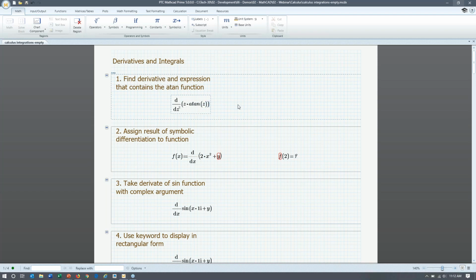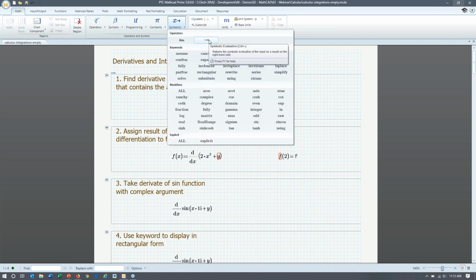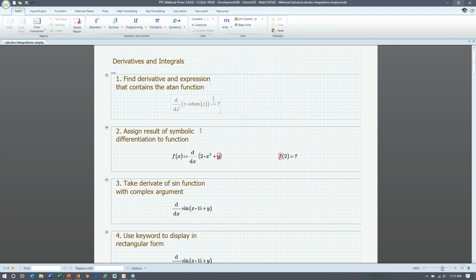And then I can go to this side, and I can add a symbolic operator, which is found under the symbolic tab. It just looks like an arrow. And so when I add that, Mathcad is going to work its magic, and then it'll produce a result where we have a result of arctangent of z plus z over z squared plus 1. So there's a whole lot of steps that are happening between these two that you're not really seeing, and that can save you a lot of room on your paper and